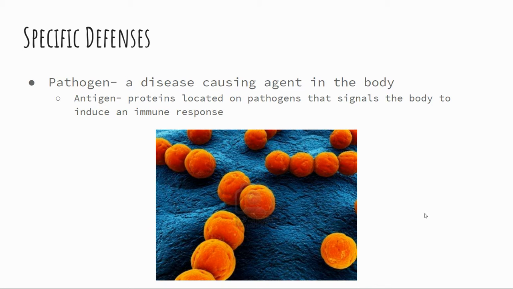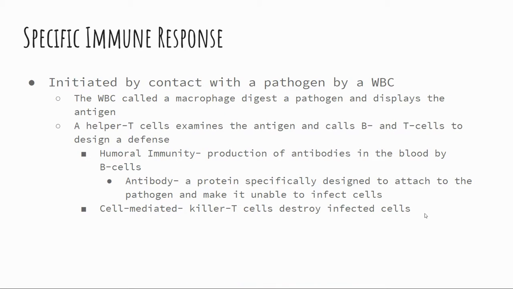And specific defenses, a pathogen is a disease-causing agent in the body. So antigens are proteins located on pathogens that signal the body to induce an immune response. So a specific immune response is going to be initiated by contact with a pathogen by a white blood cell. So the white blood cell is going to be called a macrophage. It's going to digest a protein and display this antigen. A helper T cell is going to examine the antigen and is going to signal to B and T cells